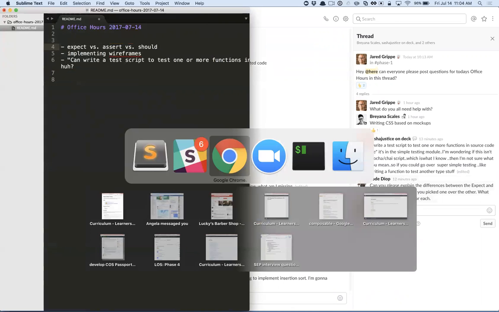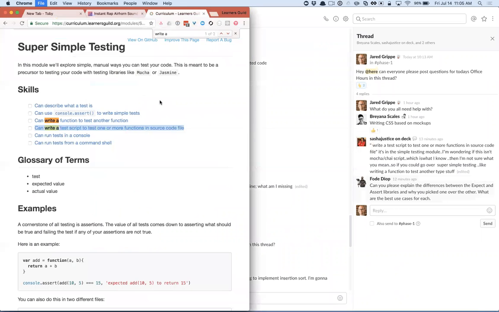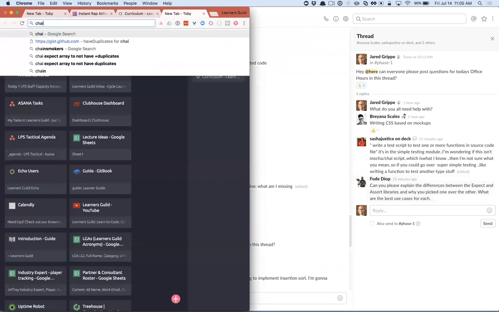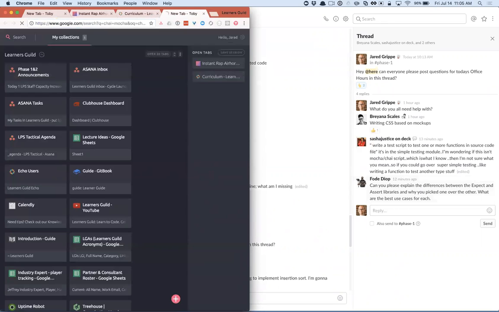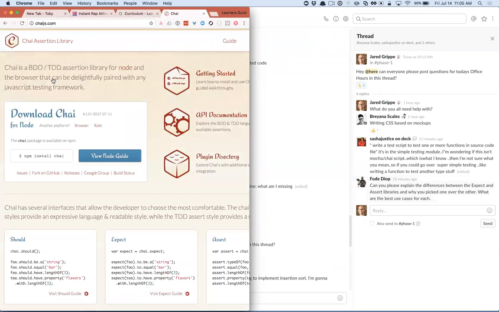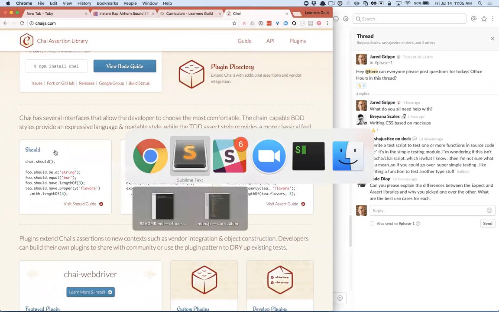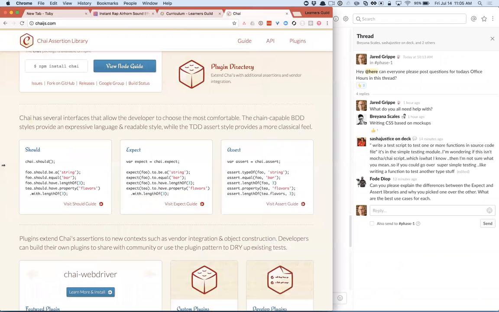So cool. Okay, so expect, assert, and should. These are all options that come from Chai, but they're not new. They are patterns that have been around for a long time. The should one probably hasn't been around that long. I think it came out of Ruby, but let's talk about the difference of them. Because when you use Chai, it's going to offer you these three syntaxes: should, expect, and assert. So let's look at those.